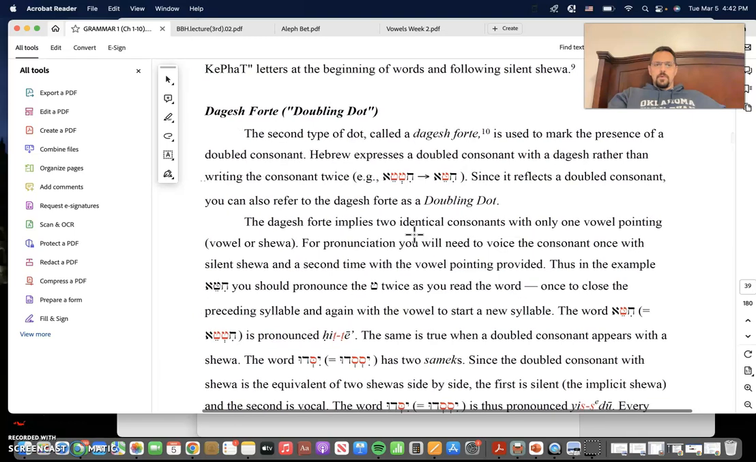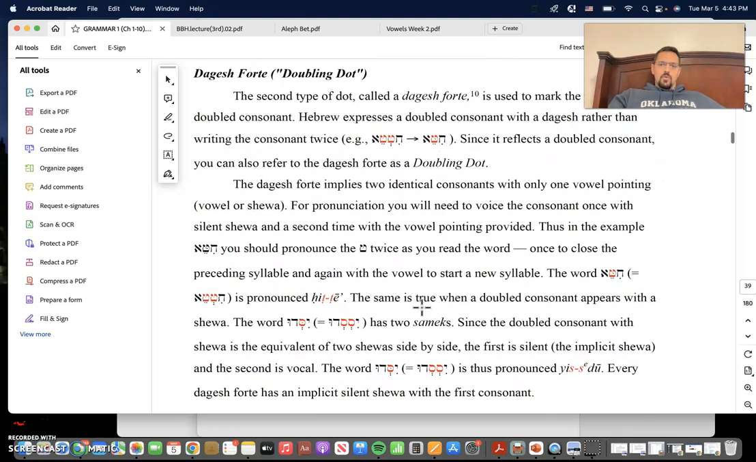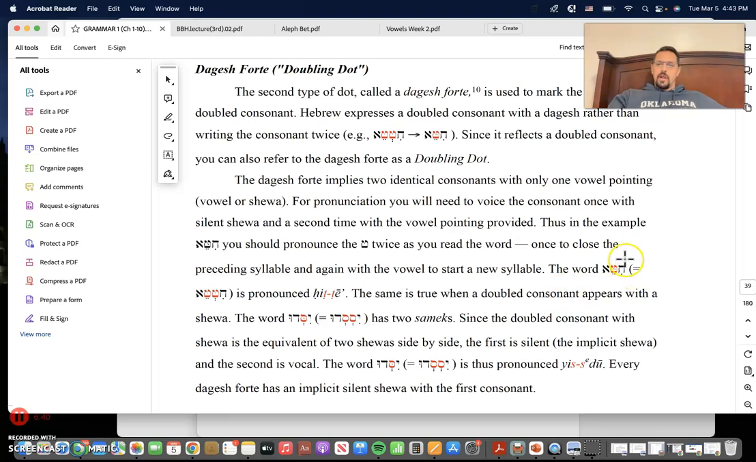To juxtapose, to compare and contrast, the dagesh forte, or the strong dagesh. Dagesh just means emphasis in Hebrew, but really just think dot, right? This is a doubling dot, all right? So a doubling dot essentially doubles the consonant, and then you might ask, well, okay, how does that work? So what happens here,